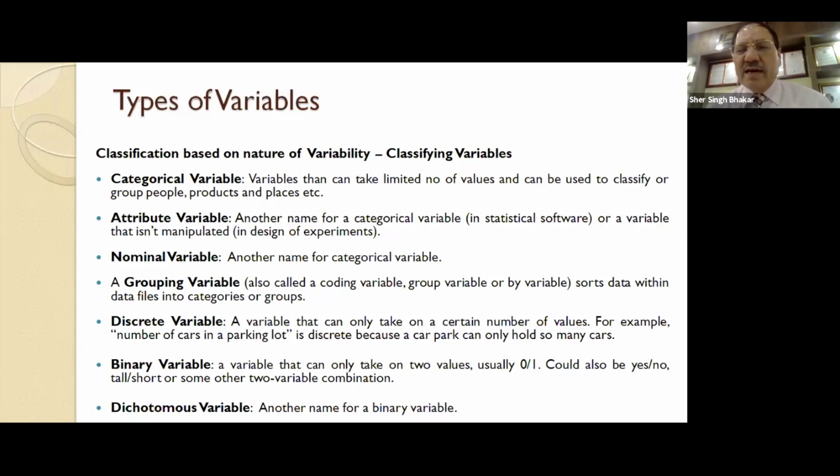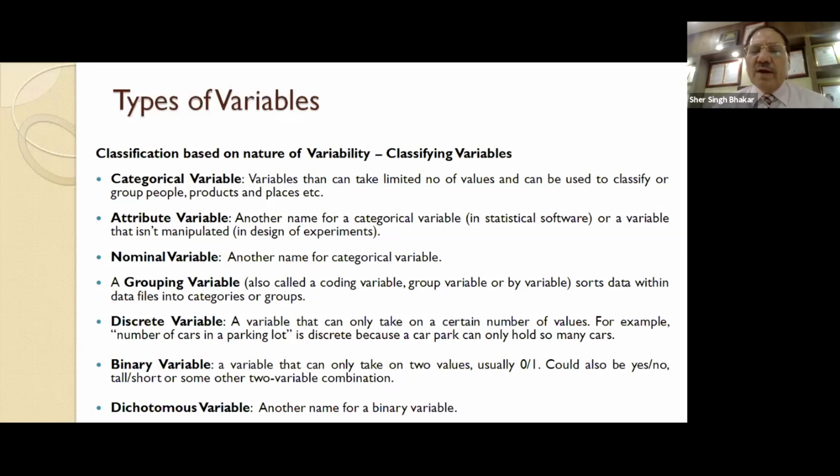If you look at gender, it's a dichotomous variable. If somebody is a female, she can't be male, that means either you are a male or a female, right? So that is a dichotomous variable. When you are in one category, you can't be in the other category. So if you look at these variables, all these variables are generally used for classifying.